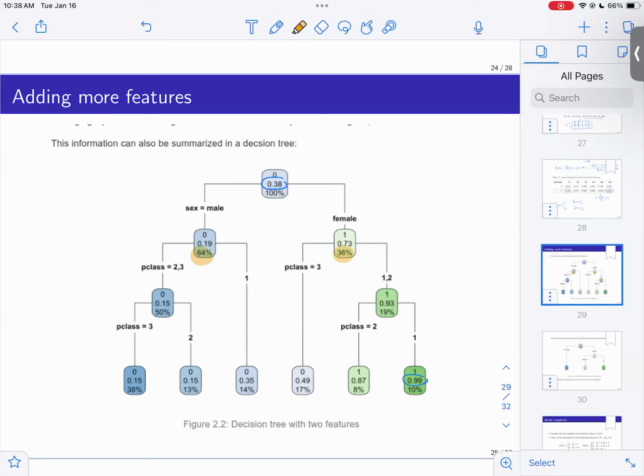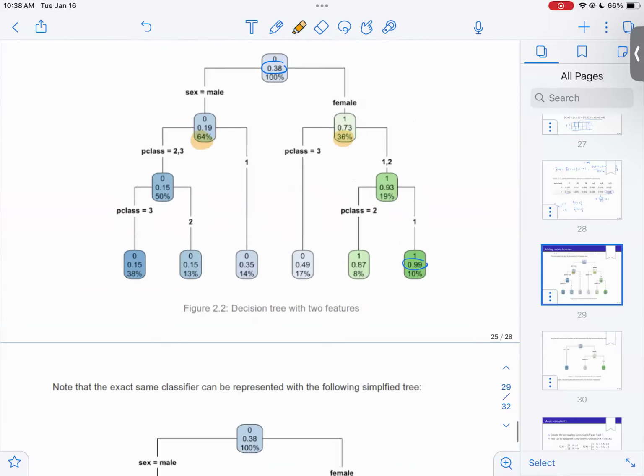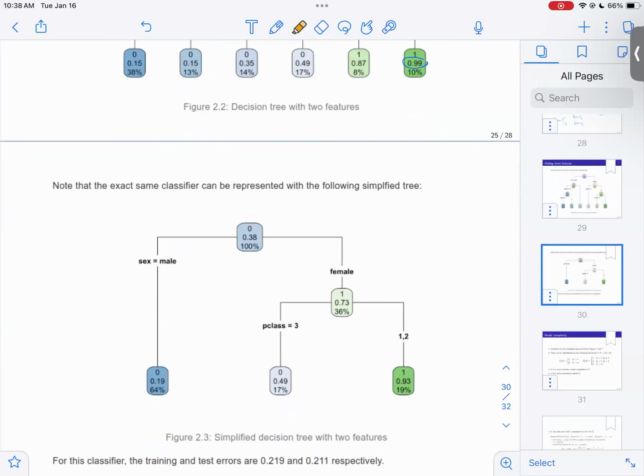Okay, so this can be simplified. This classifier is really like, if name, you stop here at this level. If female, we're going to do this and stop here. But really, I don't have to put this here. I did it with an option, I forgot what the option is, to just go all the way. But if you do it with the default setting in the package, this is what it is, which is a simplified version.